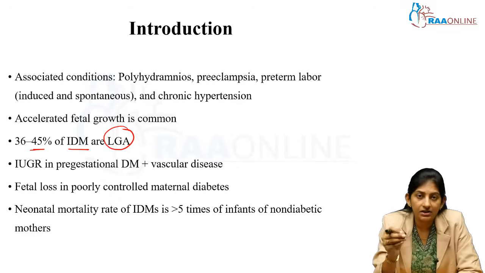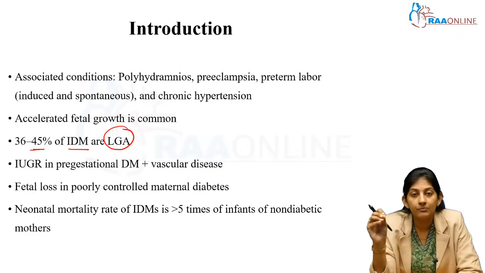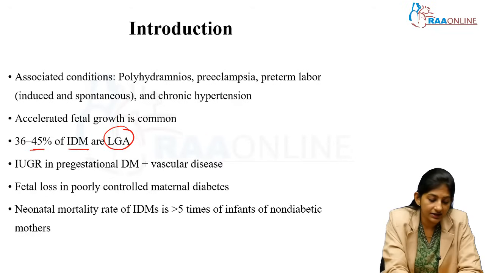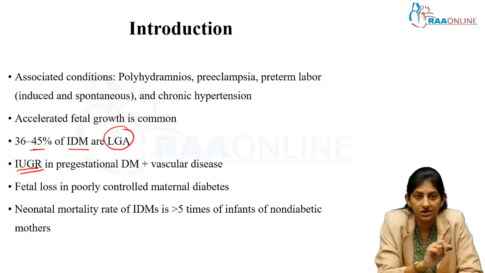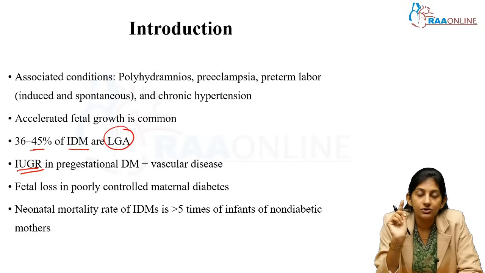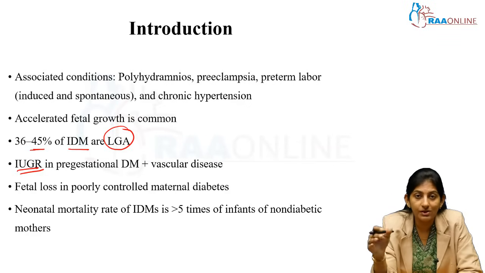But if the mother has, along with diabetes mellitus, an associated vascular disease, say because of the uncontrolled diabetes, a microvascular complication, then there will be an uteroplacental insufficiency. So, the fetus will have an IUGR-like state. So, that is also possible. And so, remember, in infant of diabetic mother, not necessarily all the babies, that is 100% of IDM babies, need be large for gestational age. Normal weight is possible, IUGR is also possible, more so when the mother has an associated vascular disease.